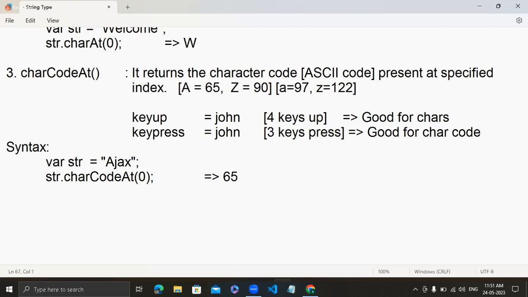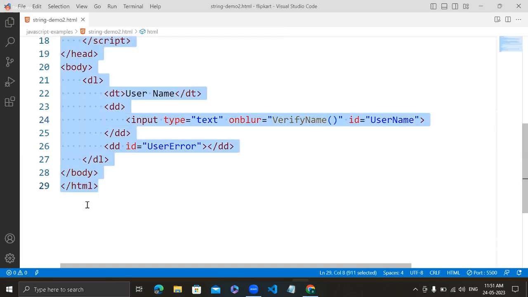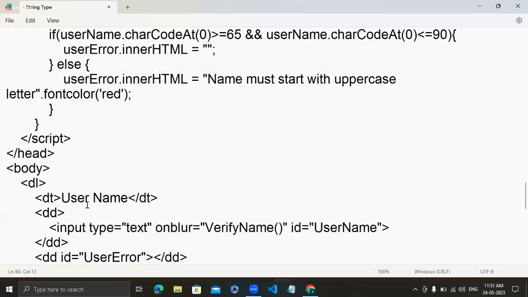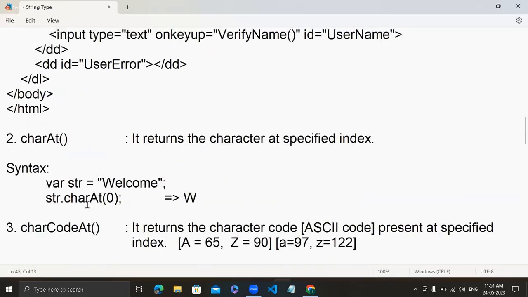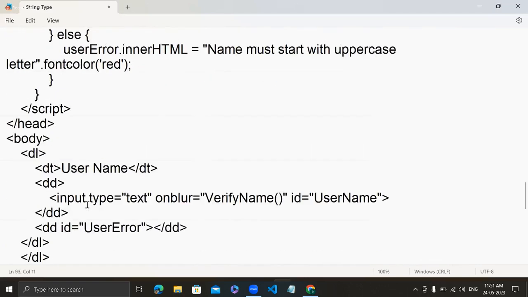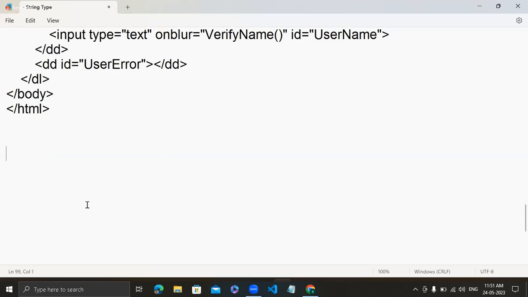So next example is this. This is an example. Let me copy this. This is one length, another one charAt, another one charCode. Next important, we have another option,